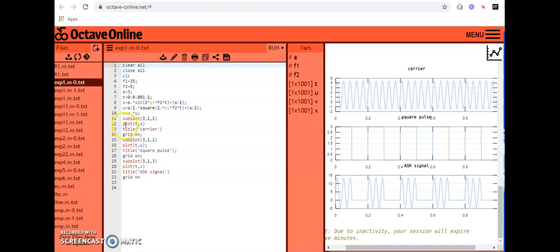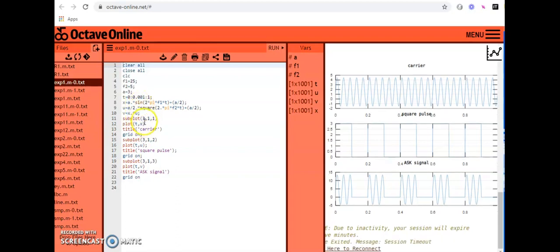The plot command displays the waveform t comma x. X is your sine, which is the carrier signal. Then I give the title, carrier signal. Then grid on. Grid on is the command used to have the output in a square pattern. You can see the grid is there on the waveform.